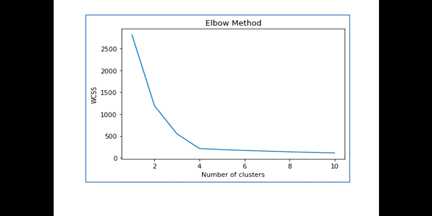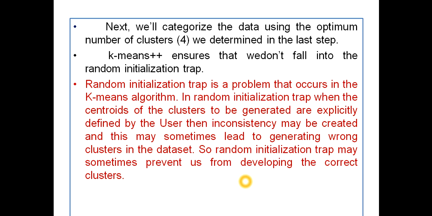And you know, elbow, you can consider this as your hand, and this is the elbow, and the elbow is actually pointing towards 4. So our number of clusters will be what? 4 here. Well, then next we will categorize the data using the optimum number of clusters. Here 4 we determined in this step, last stage actually, and k-means++ ensures that you would not fall